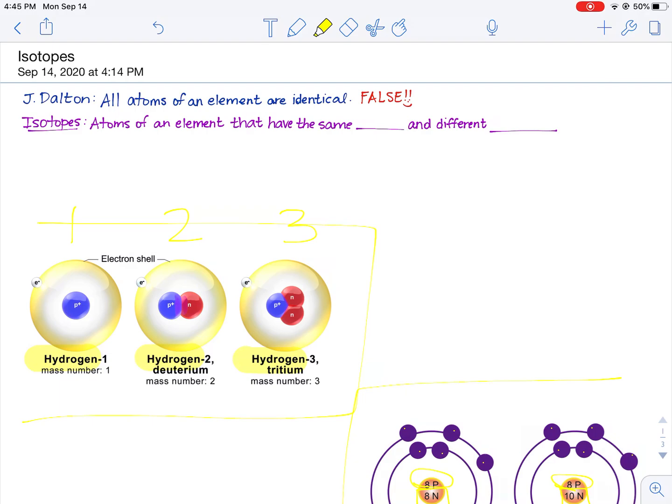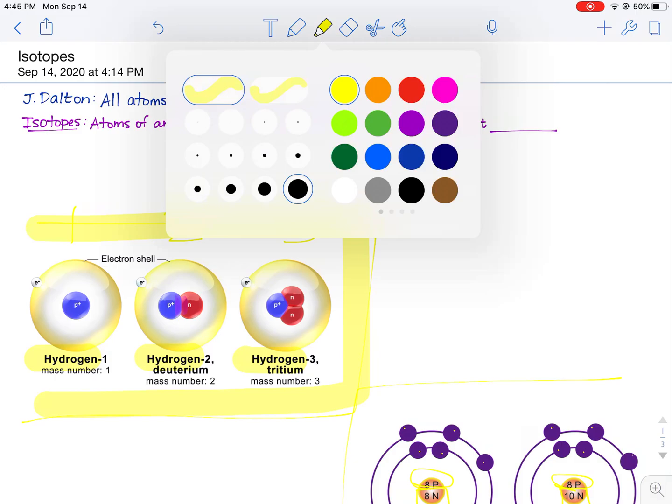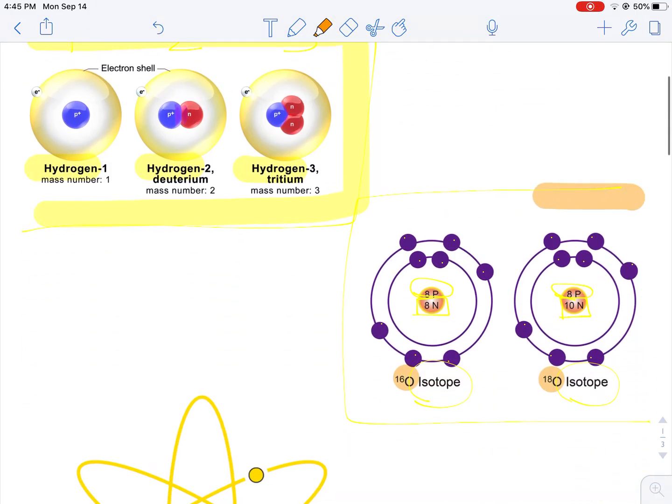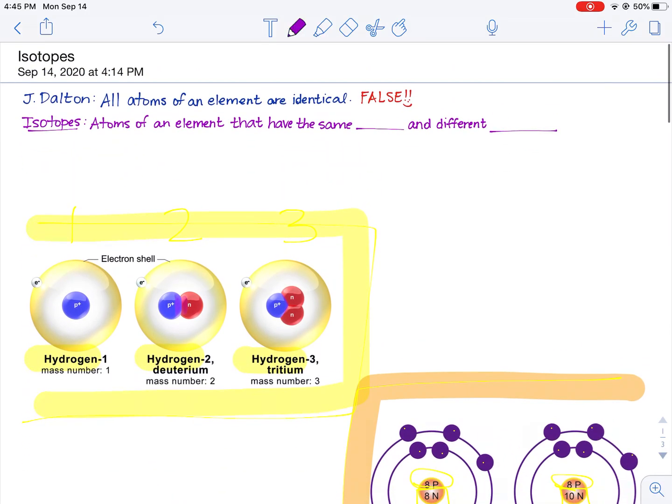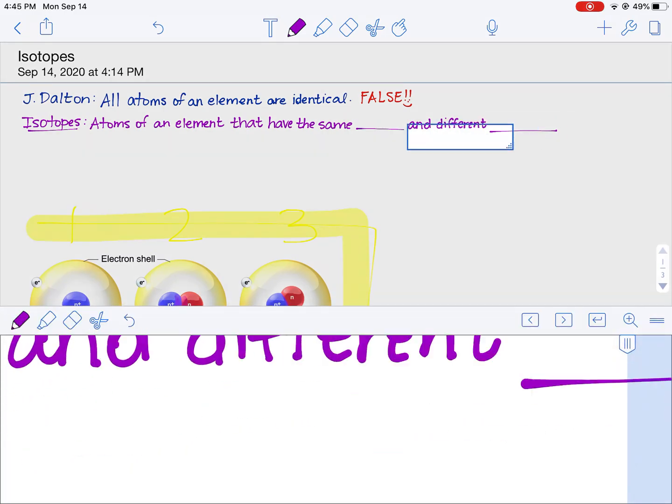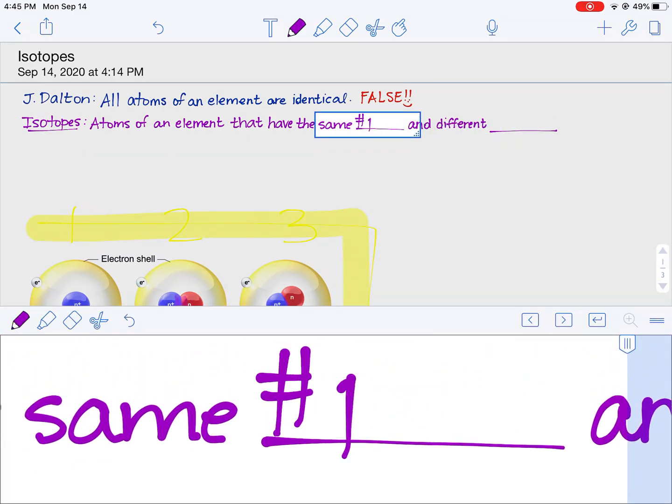Let's look at the pictures and find out what's the same, focusing on this first example with hydrogen. In each of these 3 pictures, there's one thing that's the same. It's the number of blue spheres that they have in the nucleus, which would represent the number of protons. As you look at the second example with the oxygen, again, what's the same about them is that they have 8 protons in the nucleus. Going back to our definition, atoms of an element that have the same number of protons